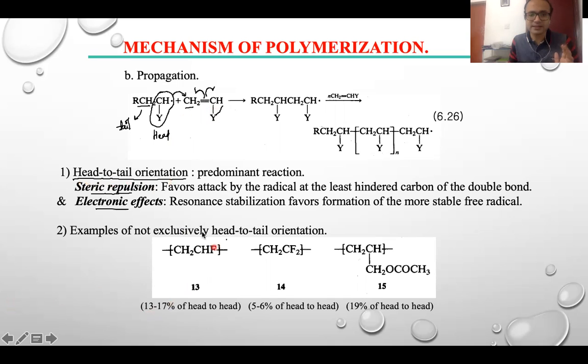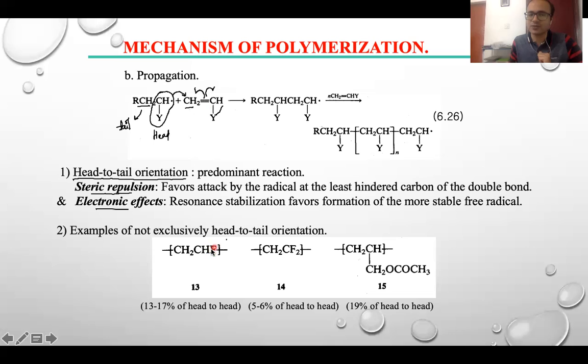In this particular slide, you find that certain polymers, like the one involving vinyl fluoride or vinylidene fluoride, or this type of ester polymer, all have head-to-head orientation happening at certain percentages, though the majority of the polymerization is happening in a head-to-tail fashion, but you definitely find certain percentages of head-to-head orientation. That means a bulky group attaching at this particular position. So that also is observed to a small percentage in these particular groupings, probably because when a radical is generated